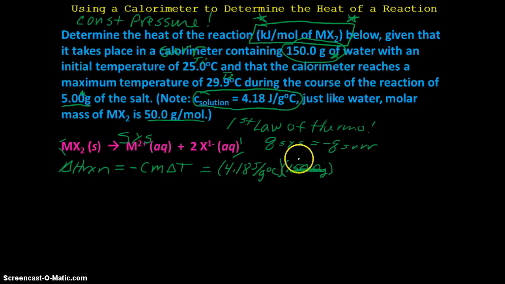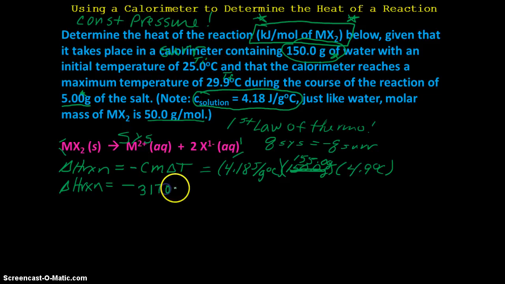Sorry, 150 for one and 5 for the other makes 155 grams. And then the temperature change is just like we've always done: T final minus T initial looks like 4.9 degrees Celsius. Okay, so delta H for this reaction, just to find the heat, basically, is pretty simple. 4.18 times 155 times 4.9, that is negative